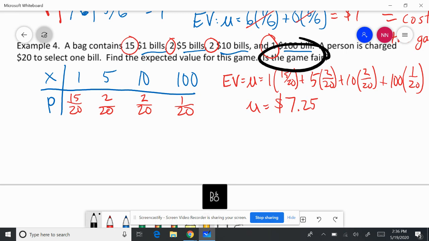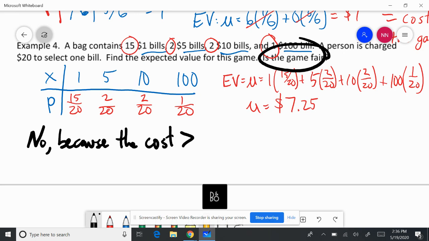A lot of you have probably already guessed. No, the game is not fair, because the cost is greater than the expected value. This is definitely a game that is not worth